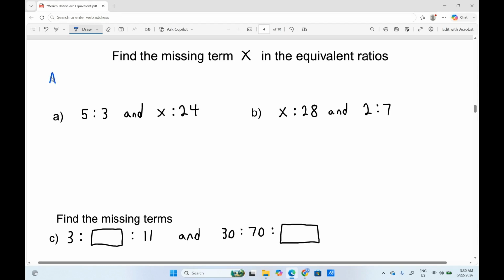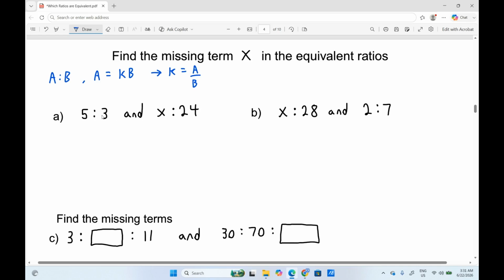So recall, if I had a to b as a ratio, I'm going to get the equation a equals k times b, and from that equation I can derive that k would be equal to a divided by b, where a is the first entity on the left-hand side of the ratio and b is the entity on the right-hand side. So for this one here, I don't know what x is, but I know that these are equivalent